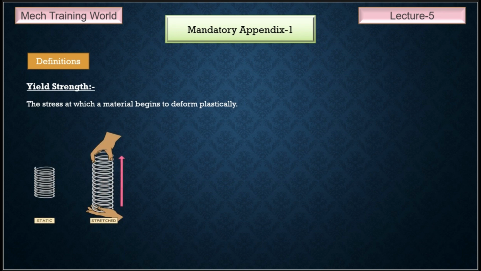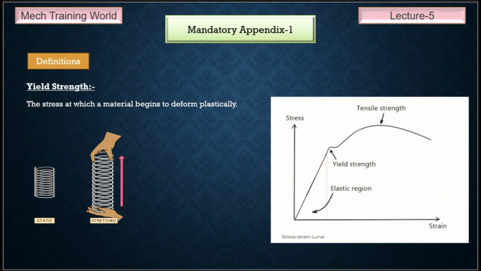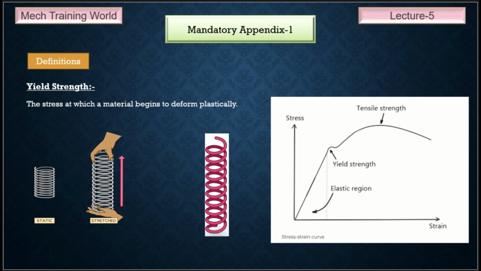It is a metal spring. As you stretch the spring, it resists the force and returns to its original shape. This is elastic deformation. The material is still within its safe limits, but if you pull too hard, there comes a point where the spring does not bounce back. It stays stretched and permanently deformed. That's the yield point, and the corresponding stress is called the yield strength. Beyond this yield point, the material has entered the plastic zone